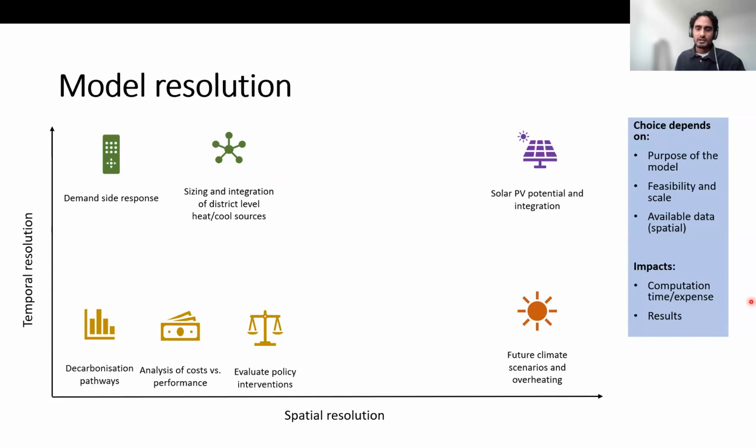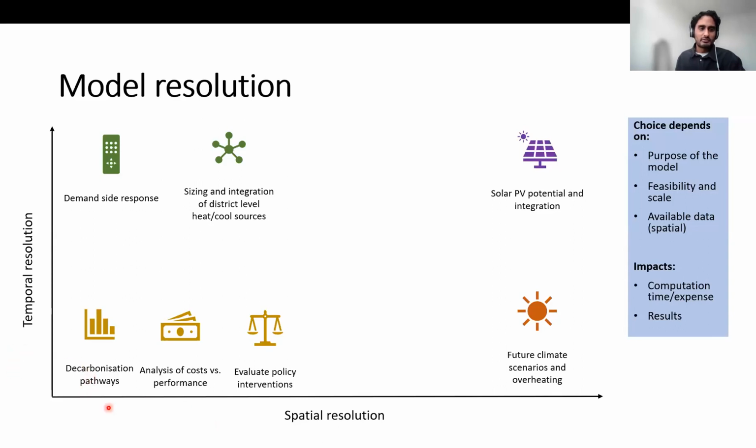However, if you're only interested in the annual outputs and you're looking at very large timescales, maybe looking at decarbonization pathways or policy interventions, you're probably not interested in a very granular approach with regards to time, and future climate scenarios too. So these could be lower temporal resolution. And by reducing the temporal resolution, you also allow the model to simulate in a shorter time span. So this is one of the decisions you'd have to make. You'd balance the purpose of the model with the computational expense and time that you have available.